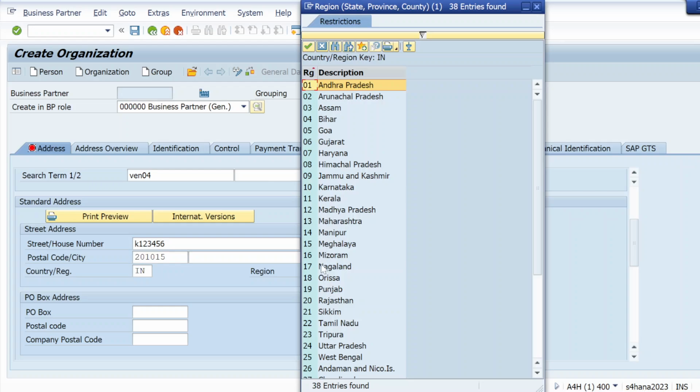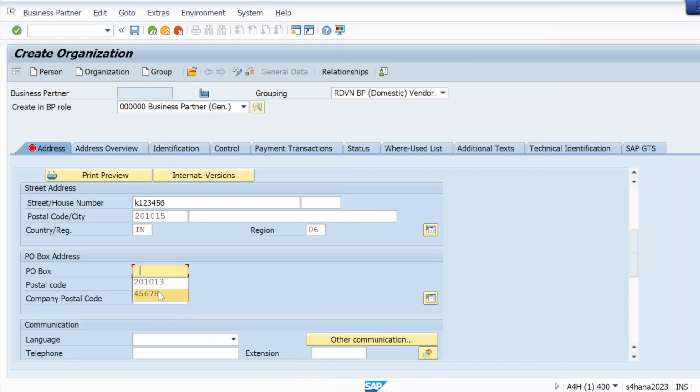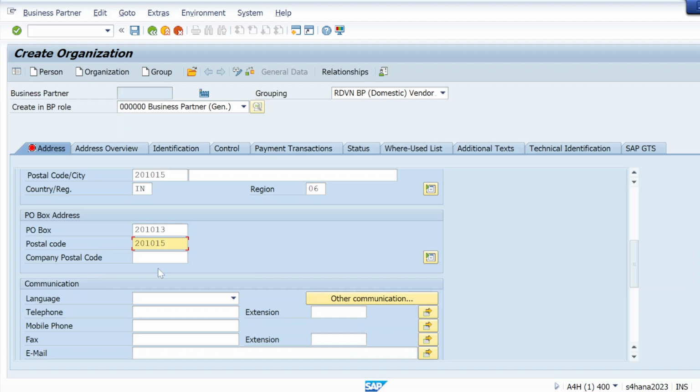So any province I can give here. And these details, if I want to add on, I can add on. Otherwise, I can also leave that because it's not mandatory. Language, let me give here. Telephone number, mobile number. So I can give all these details here.